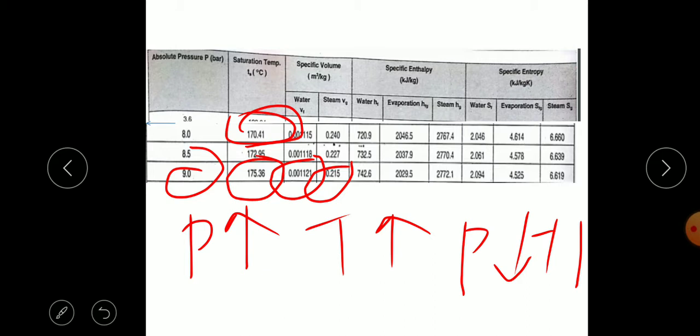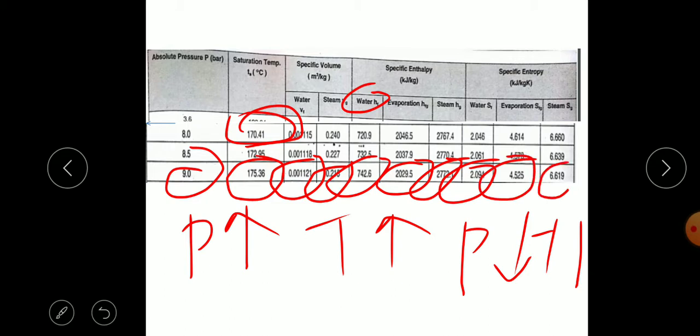We can find Hf for 9 bar as 742, Hfg as 2029, and Hg for gaseous as 2772. Similarly, we can find the entropy at 9 bar as 2.094 kilojoule per kg Kelvin. Sf, here we can find Sfg, and this as Sg. So similar to H,